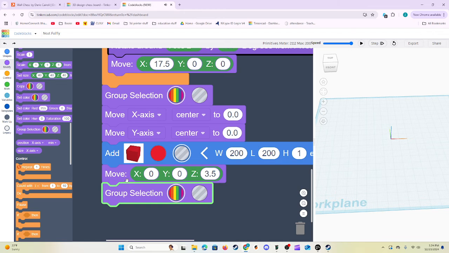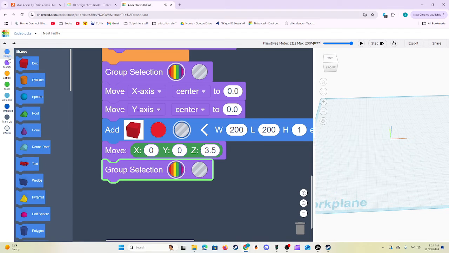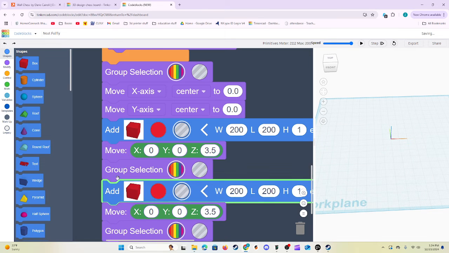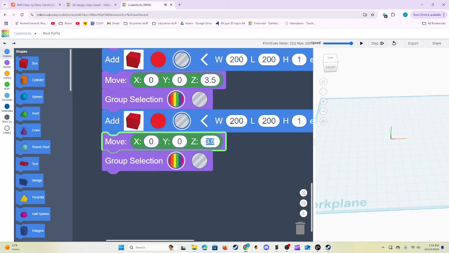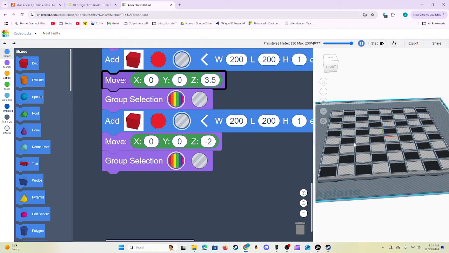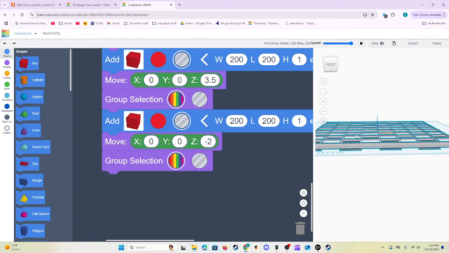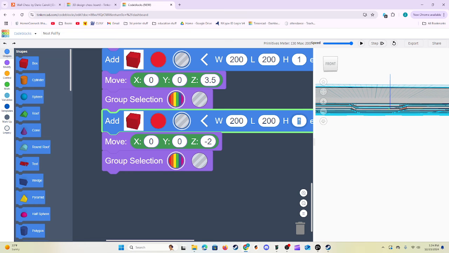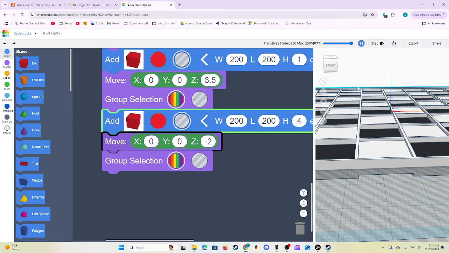We'll then group our selection, and then we can go ahead and duplicate this code, add another box, and this one instead we're going to move to a -2 on the z. If we press play now, we can see we removed the top a little bit. But this one has to be a little bit taller, so I'll change it from 1 to 4 on the height. And now if we press play,